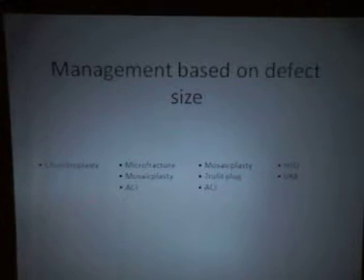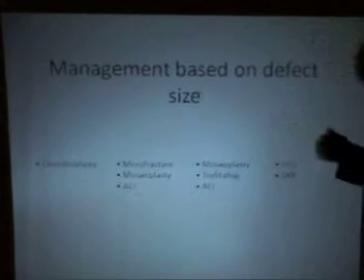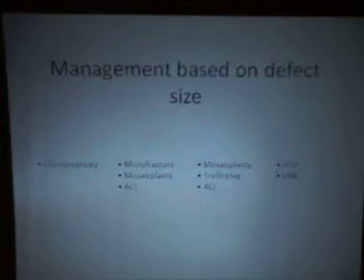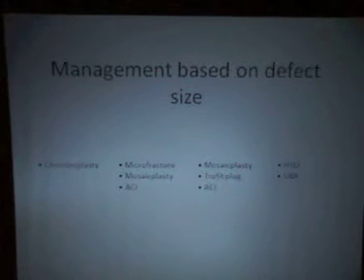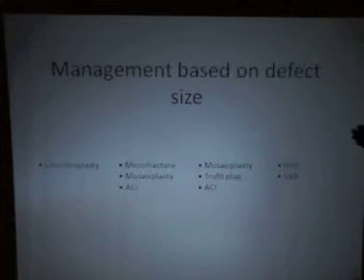So, just to summarize the management scheme, I don't think the top part is projected, but basically far left should say superficial, so if it's a superficial defect, then chondroplasty is your option. If it's a small defect, basically 2 to 4 square centimeters, then you can look at microfracture, mosaicplasty or ACI. For larger defects, 4 to 10 square centimeters, we're looking at mosaicplasty augmented with a TruFit plug, and possibly chondrocyte implantation as well. And finally, if it's involving the entire compartment, it's a high tibial osteotomy or a unicompartmental